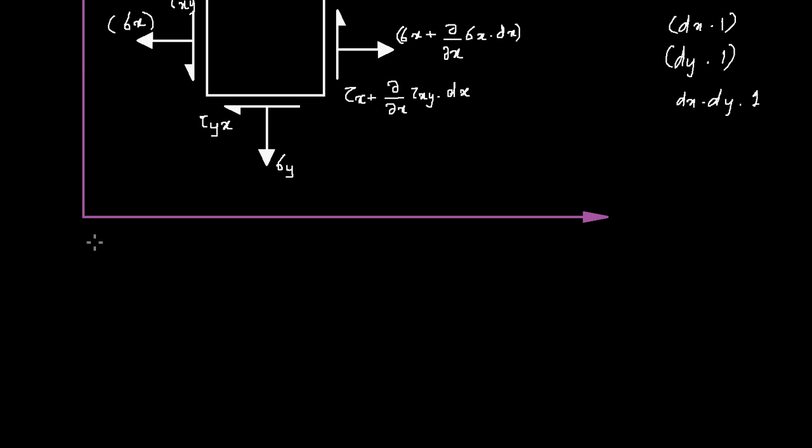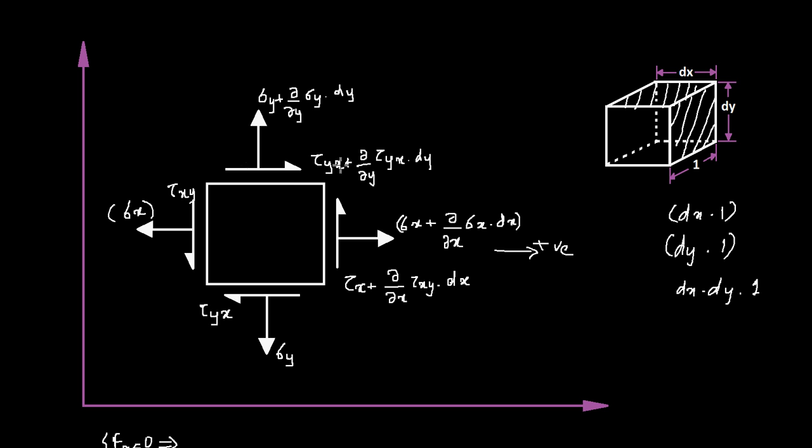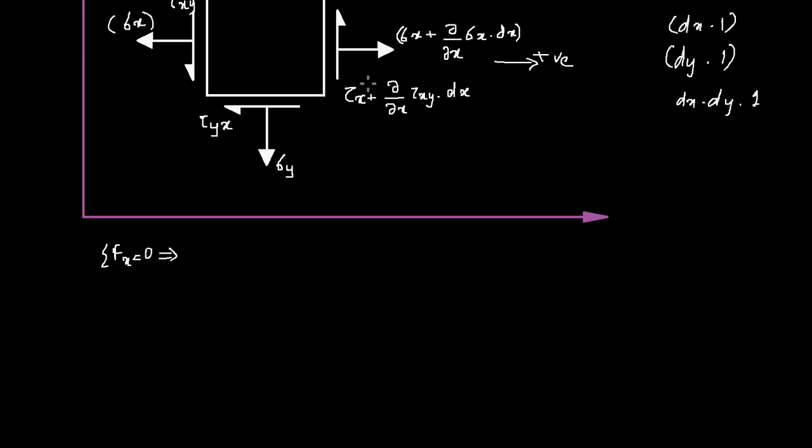So for force equilibrium in x direction, we should have summation of forces in x direction equal to 0, and that will give you, we take this as a positive force because that is acting along the positive x direction, and let's take this as a negative force. As you can see, this is in the positive x direction, this stress also is in the positive x direction, and this one is in the negative x direction. So you have sigma x plus rate of change of sigma x times dx, which is this stress, and the corresponding area is dy times 1, so you get the force, minus the force corresponding to this stress, which is sigma x times dy times 1,